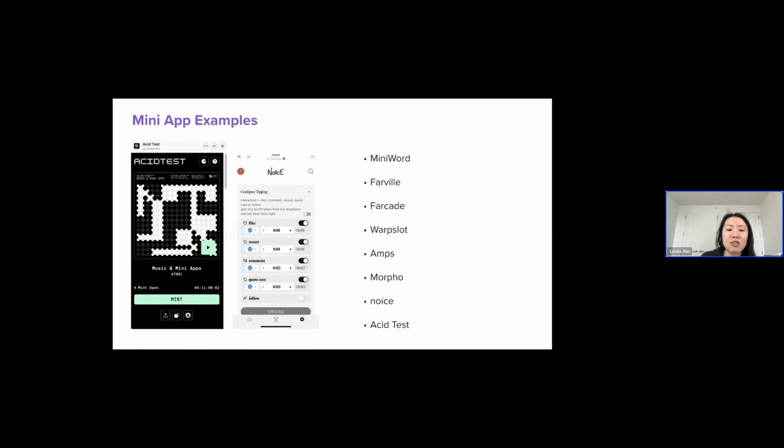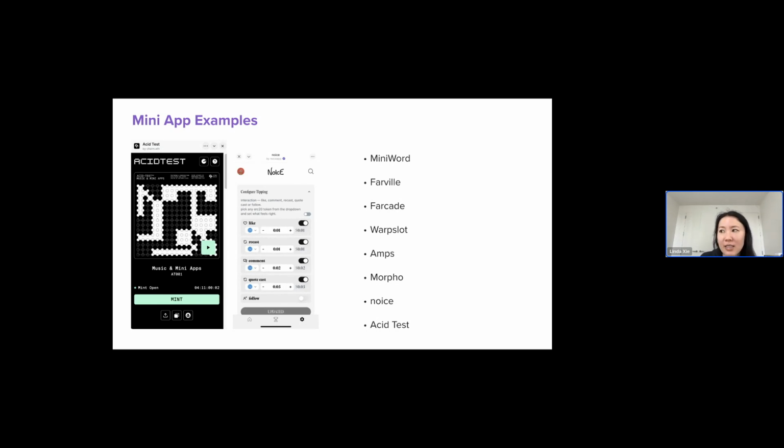This lends really well to audio type stuff where the user can keep listening. Asset Test is a good example of a mini app because you can still hear their radio show where they have music, and you can mint the radio show episodes, but you can still continue to use the Farcaster feed. So you're meeting users where they are, and having it play on the side.